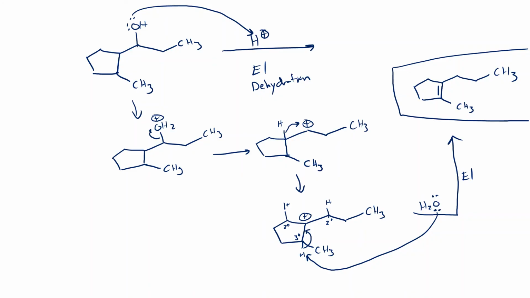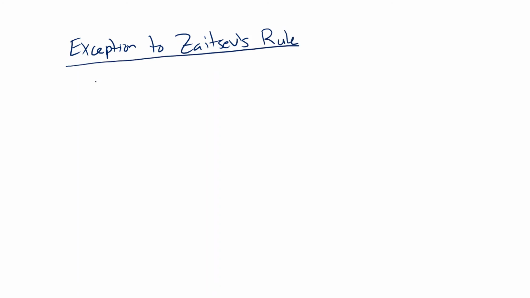Okay? There's one last thing to say. It's the exception to Zaitsev's rule, right? The exception to Zaitsev's rule, come on, give me a new slide here. Only occurs in E2 reactions. The exception to Zaitsev's rule. Only in E2 reactions and only using one particular base, and that base is potassium